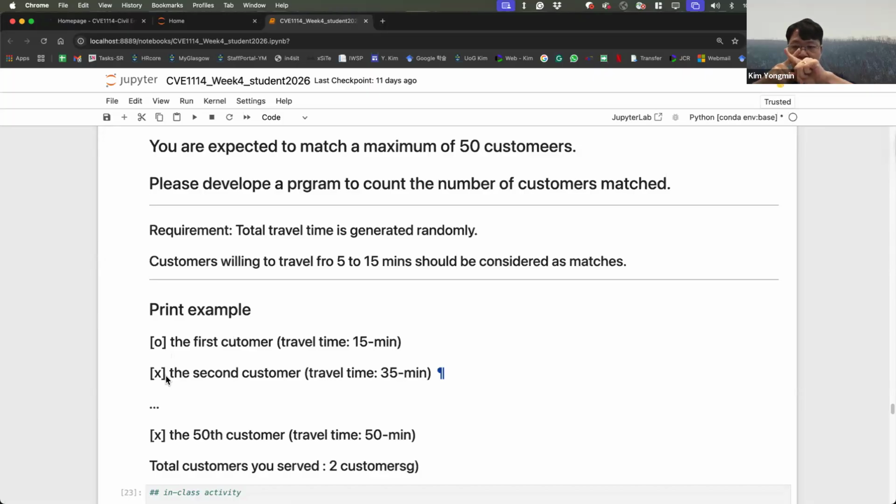So you put X marks. And then count the total customers you work with.